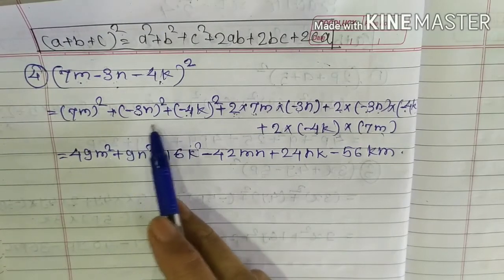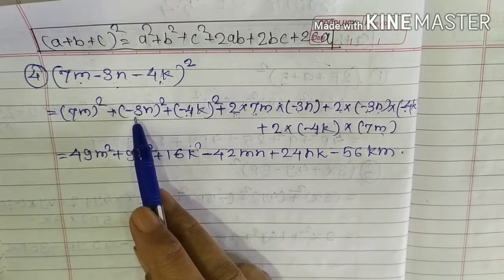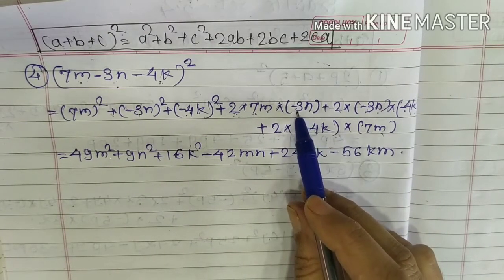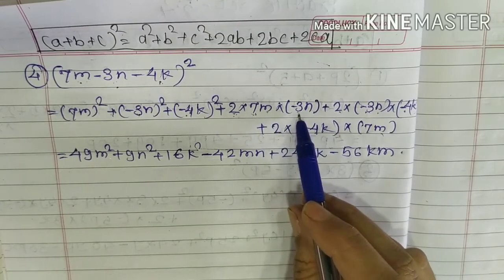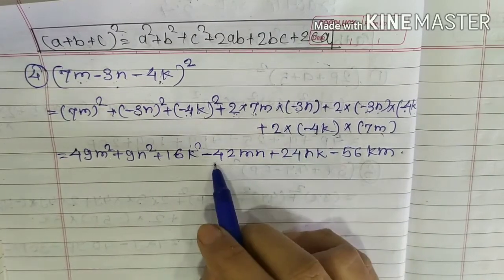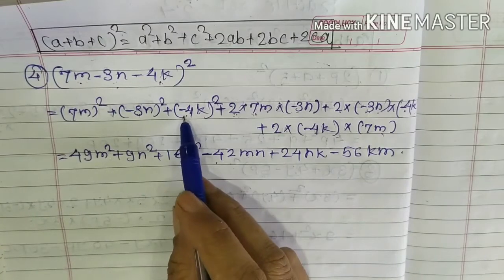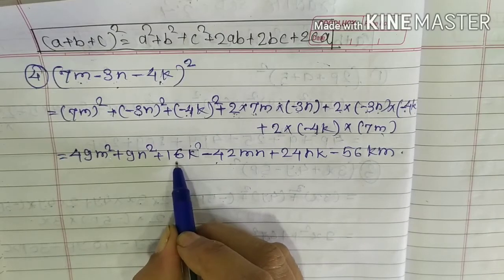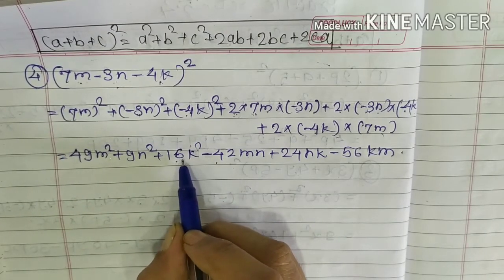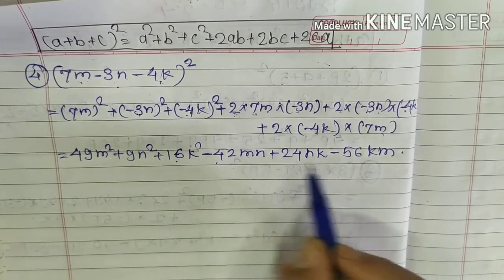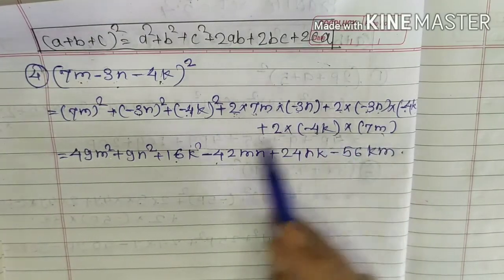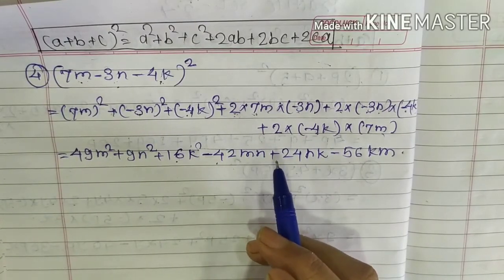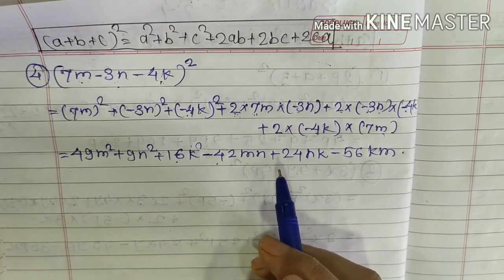When you expand, remember the signs: when you multiply a plus sign with a minus sign, the answer is minus, but when you multiply two negative numbers, the answer is positive. So carefully do the multiplication with the signs, and then expand the given example using the formula. So solve all the examples in this practice set.